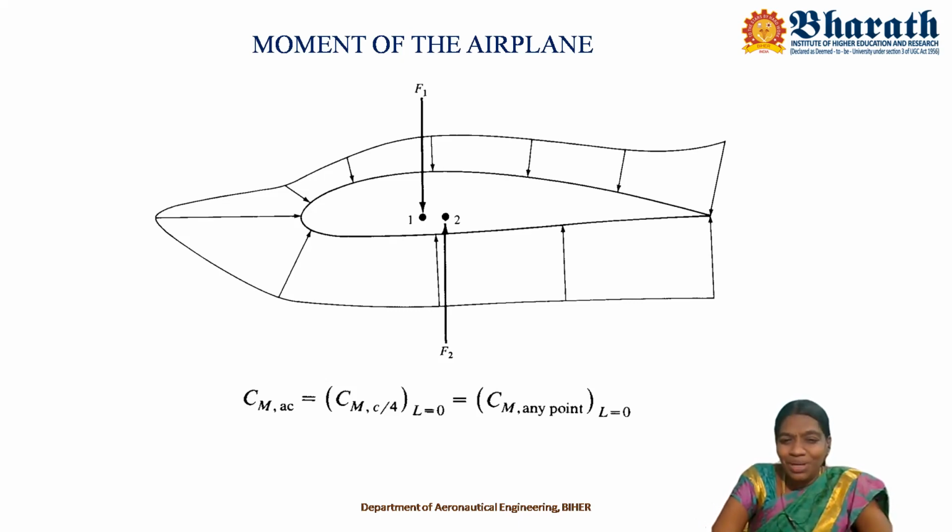And what about the aerodynamic center? The lift, drag, and moment vary with respect to angle of attack. As angle of attack changes, these values will change. But there is a particular point about which the moment is independent of the angle of attack. That point is called the aerodynamic center. CMAC represents the coefficient of moment about the aerodynamic center. As far as stability and control are concerned, the aerodynamic center plays a vital part.